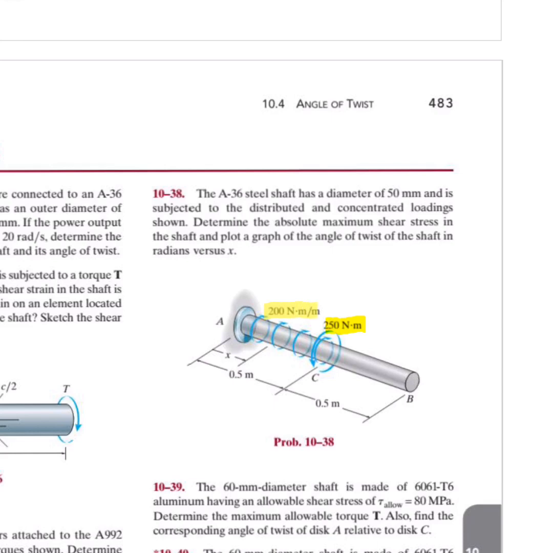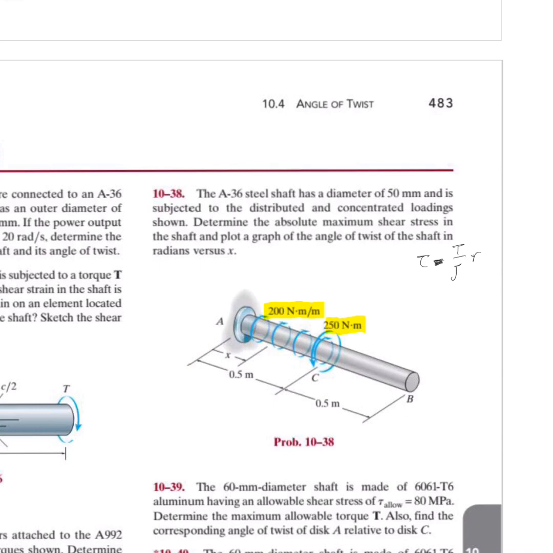Look, this one that I'm highlighting is not at a point, it starts from A and ends at C, and it says determine the absolute maximum shear stress in the shaft and plot the graph of angle of twist in the shaft versus x. Okay, so again, we know that the maximum shear stress, or shear stress in general, due to torsion only, is equal to T over J